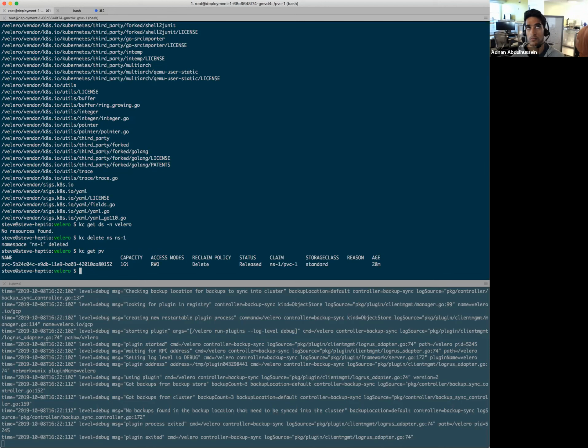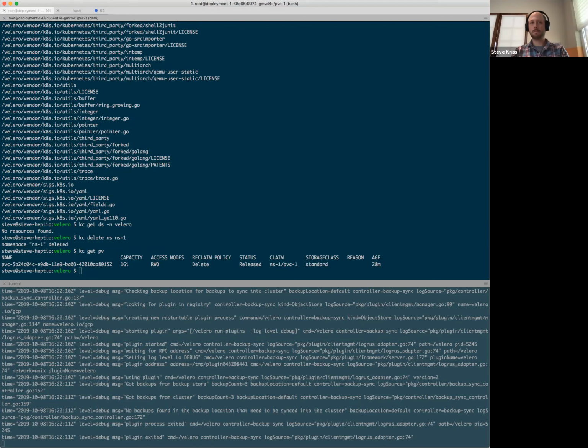But if you mount it read-only, though, are you? I think read-only many you can. Sorry, read-write once you can mount read-only in multiple pods. I'm not sure though. I might be wrong. I need to look that up. Yeah, we could look at that. I was under the impression that we couldn't do that, at least not in a general way. But definitely something worth looking at.